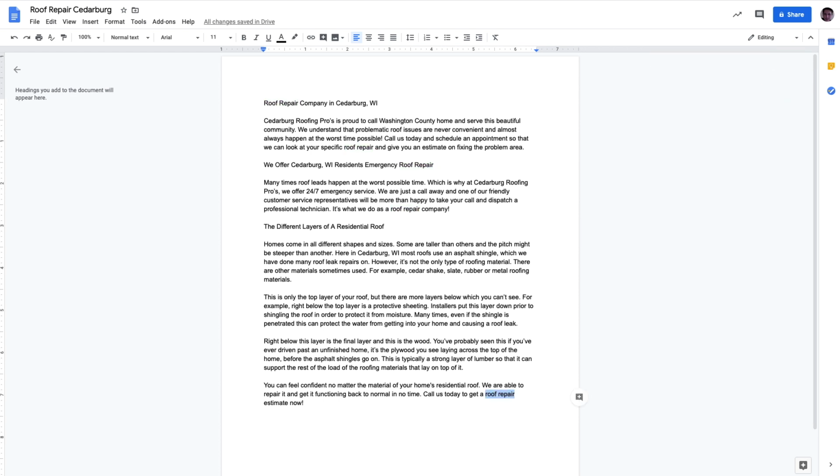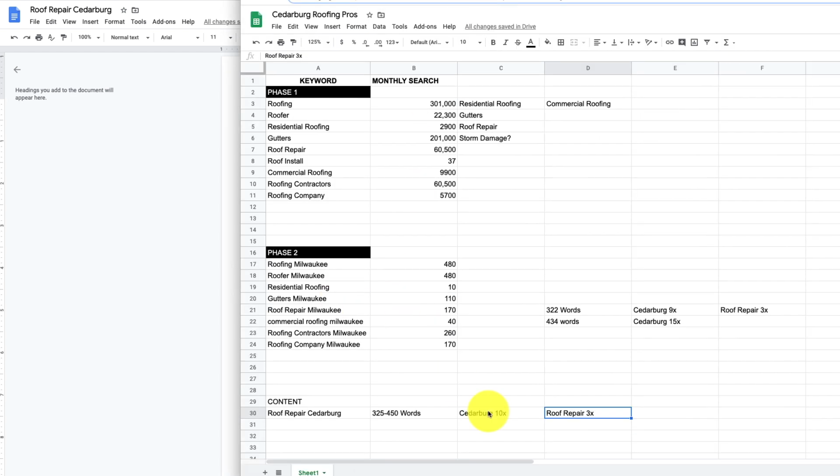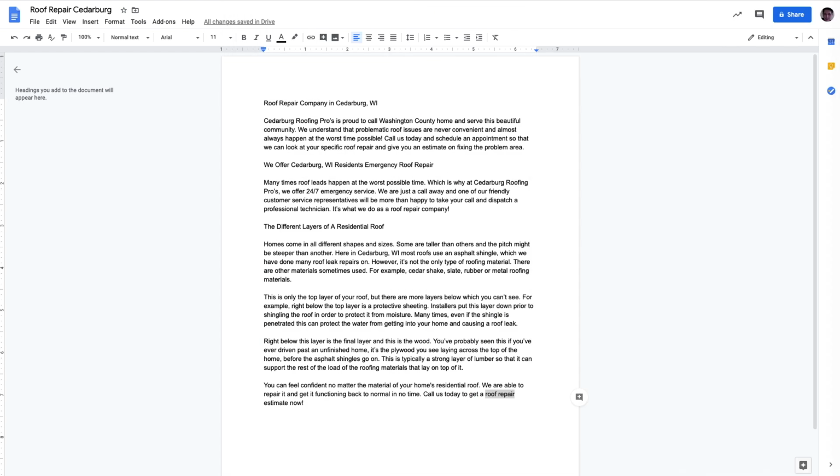We can always tweak it if it doesn't perform well, but I think it will. Just going 2 over is not too big of a deal. And then we need about 10 mentions of Cedarburg, so let's go ahead and type that in. So we're at 5, but keep in mind we have a little bit of an advantage here because our site